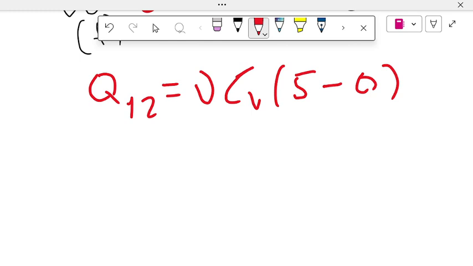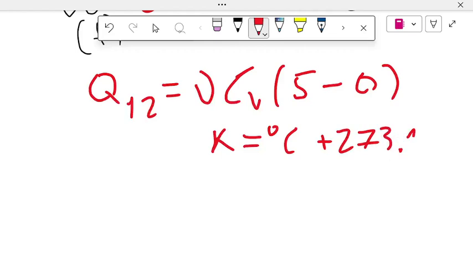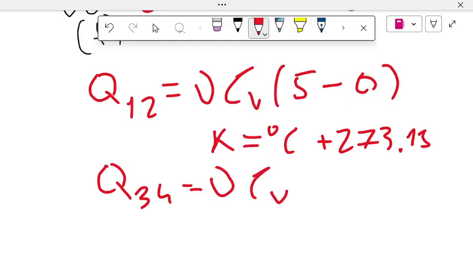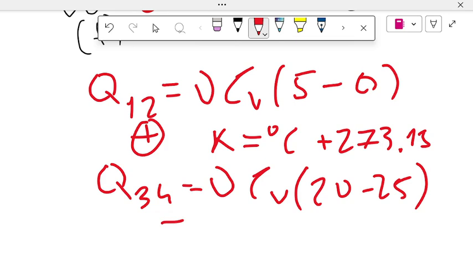Kelvin is equal to degrees Celsius plus 273.1, right? The same, this is 3. As you observe, this is plus, this is minus,